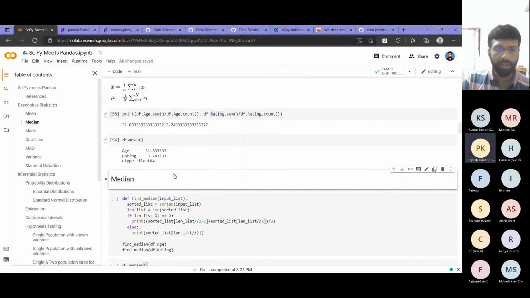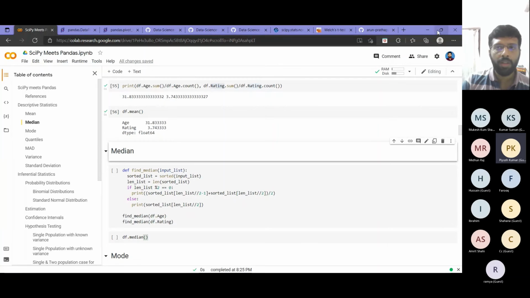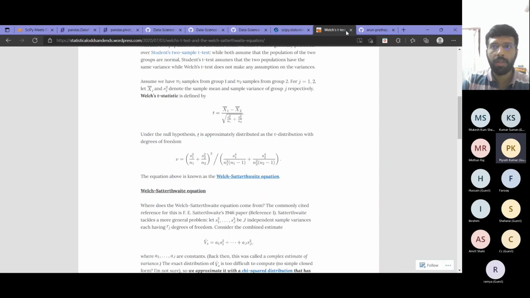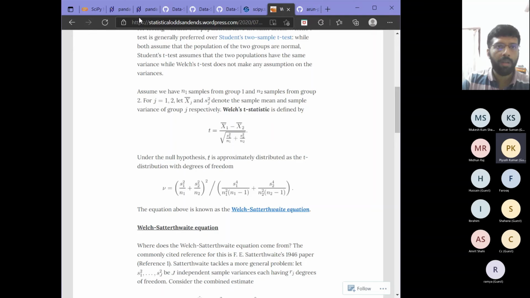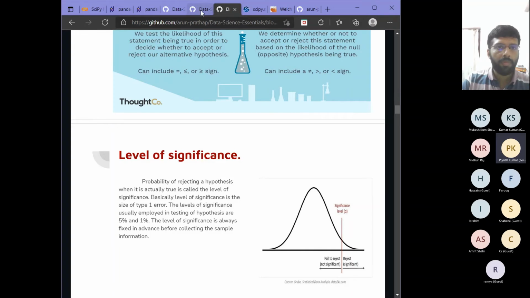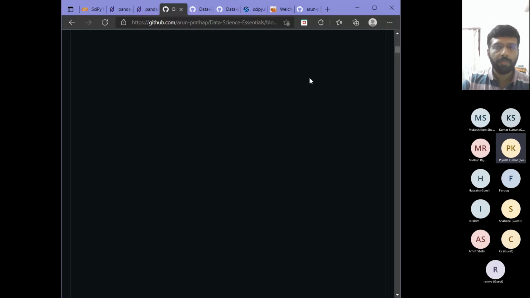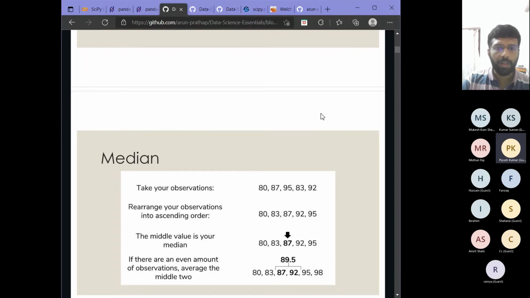So coming to the median. We saw the median in detail in our descriptive sessions, and later we saw examples using Excel. Let me find that slide, it is somewhere here. Okay, the median.